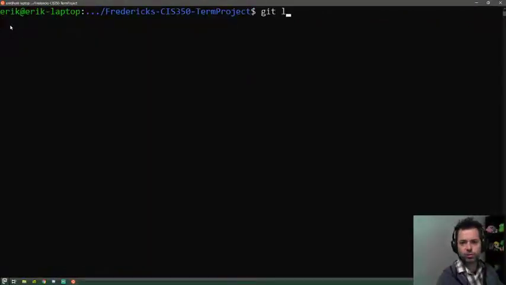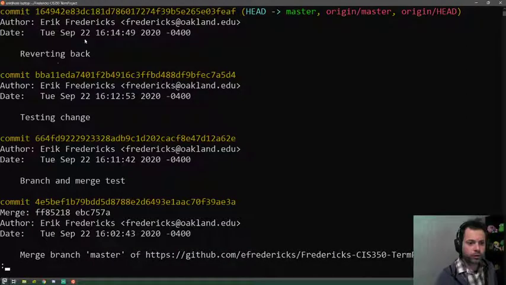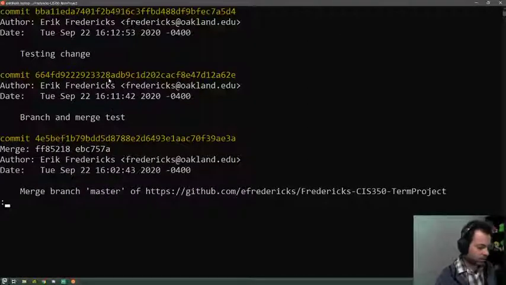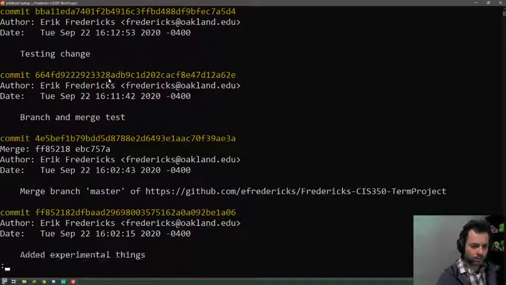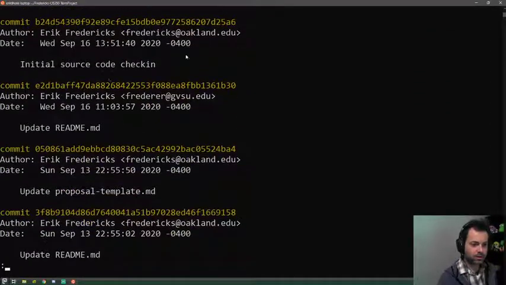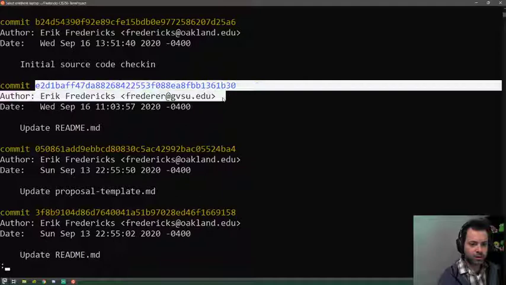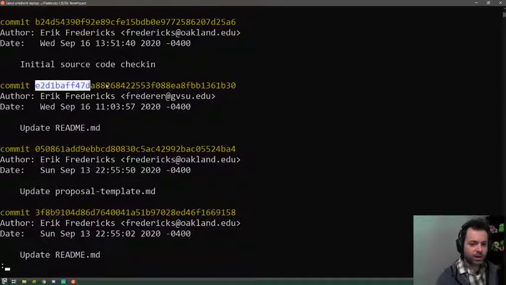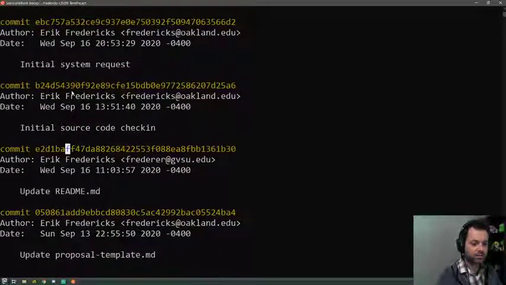Let's say I want to check out an older version. So I have all these commits. Right now, I'm at the top of the project, but I want to look back. So what do we have here? Let's go back in history. Say I want to go back to when I updated this README. I want to be lazy and not type in this whole thing, so I'm just going to pick the first few letters that seem unique.